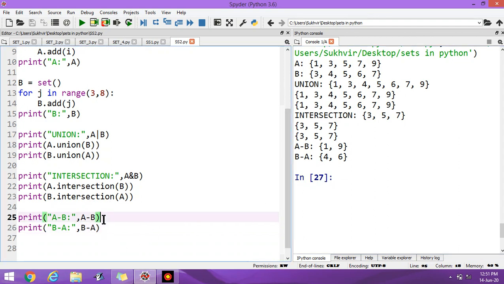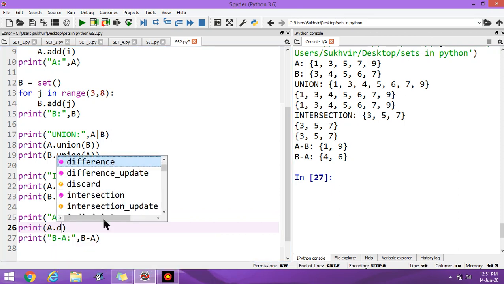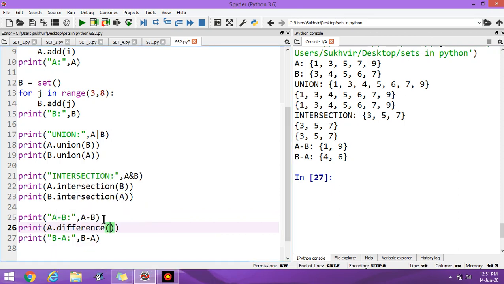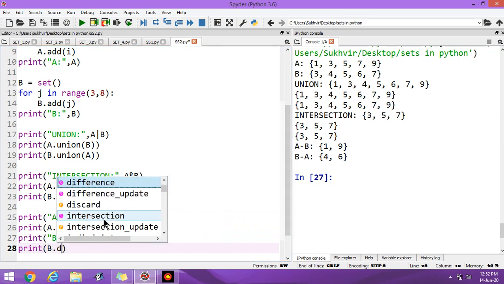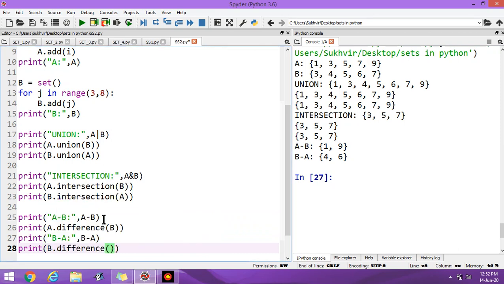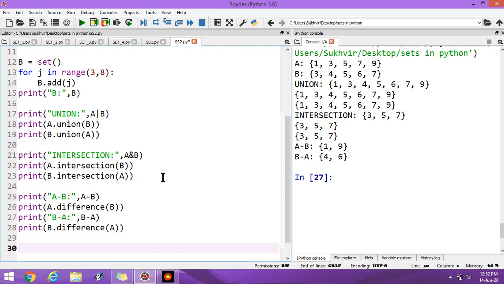One more method is there for A minus B. You can write print A dot difference B, and for this you can write print B dot difference A. Check the output.